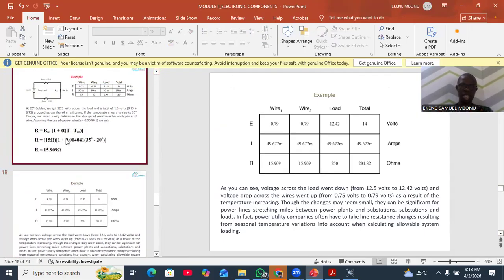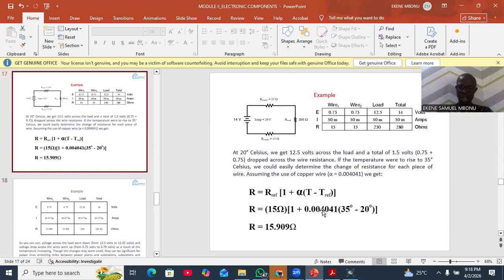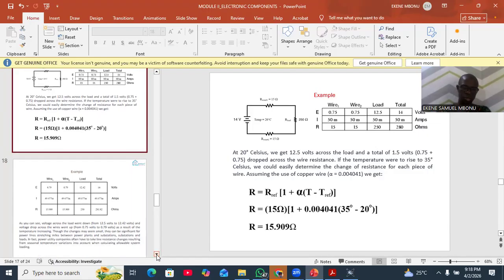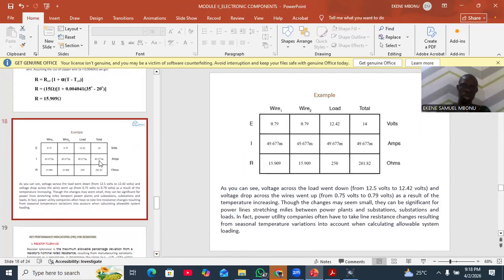When the temperature increases to 35, you use this formula to compute that this 15 ohm resistor will have increased to 15.905. It may not make sense for us here, but in real-time systems, it's a very big deal. So if you use that value and recompute, you notice that the voltage across the load, which is R,